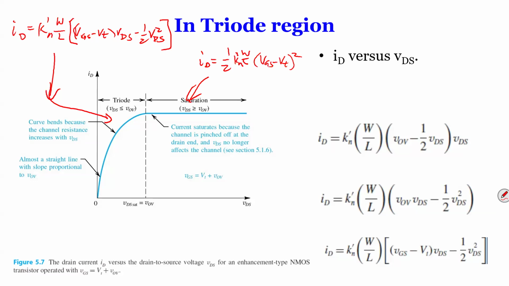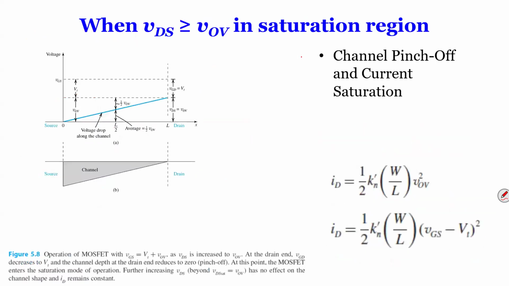But for the saturation region, VDS is all gone. So it's all constant. It only has something to do with VOV, or VGS minus VT. So these are the two regions that we work on very frequently. So when VDS is larger than VOV,